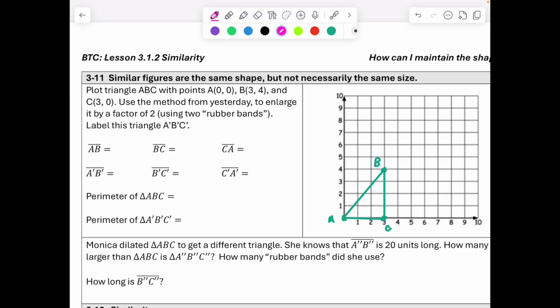Now, if you were using the rubber bands, remember you had the start of your rubber band, and then maybe you had the first loop. So then you're looking for where the second loop is to stretch it. Okay, if you were using tracing paper in your class, it's a similar idea. With the tracing paper, you're seeing how long this segment is, and then you're just bringing it over, sliding your tracing paper